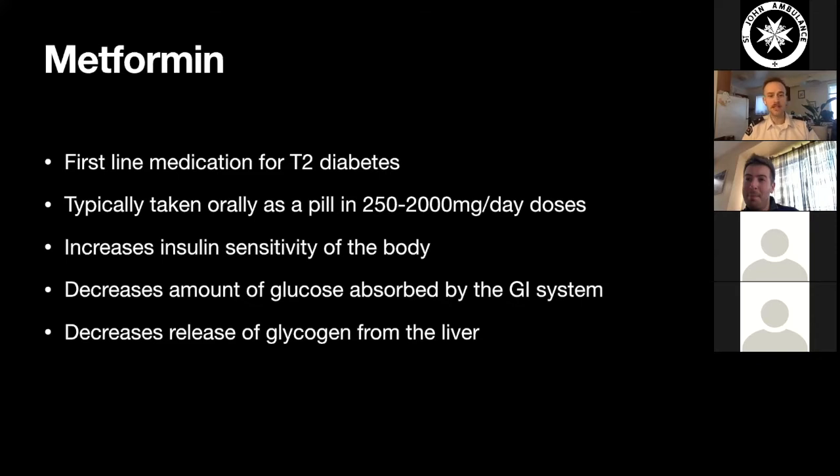It also has some secondary effects. Those include decreasing the amount of glucose that's actually absorbed in the gastrointestinal system. So it helps the body just have less glucose coming in the first place. And then it also suppresses the release of glycogen from the liver. Glycogen is essentially a stored form of glucose where it's stored inside the liver. And this prevents the liver from releasing it as heavily, which helps prevent it from turning back into glucose, which helps it from increasing